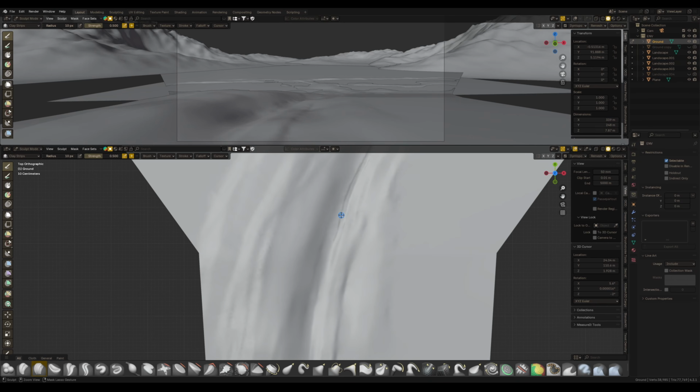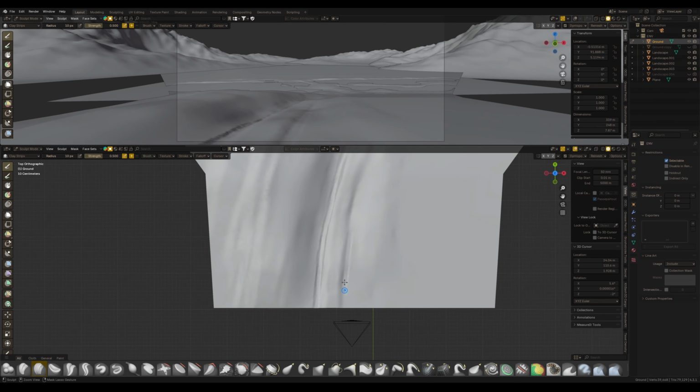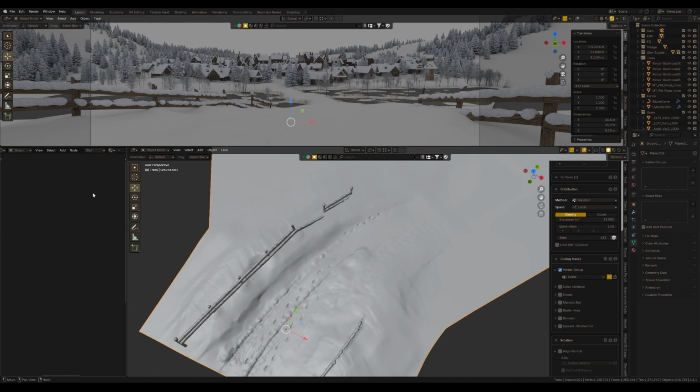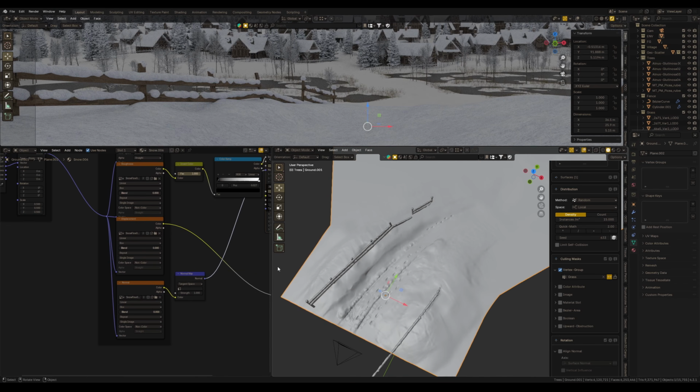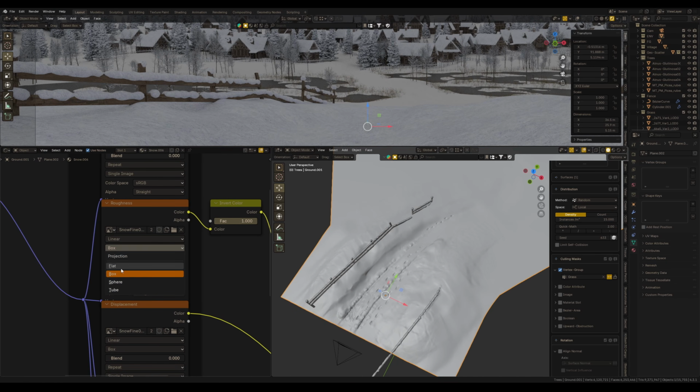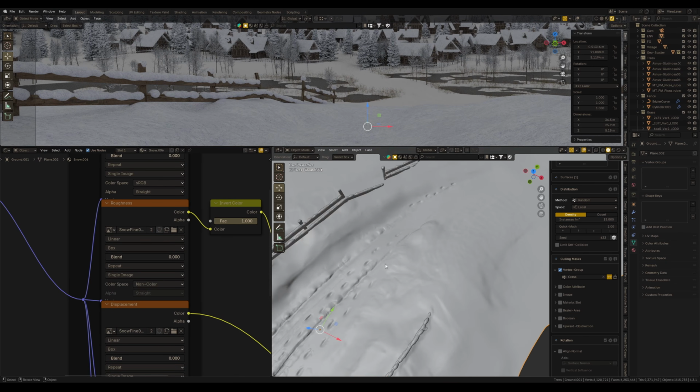So I use sculpting to create tracks on the snow, but for the material I use the same snow that I used for the roof of houses. But the main details are sculpted. I think it's clear. Anyway, if you have any questions about the environment, you can ask them in the comments below